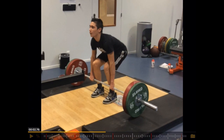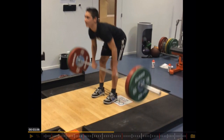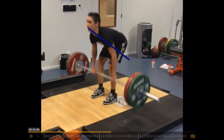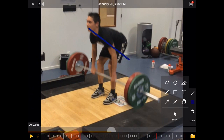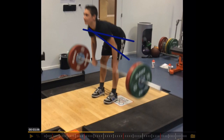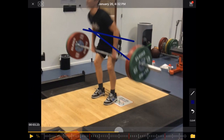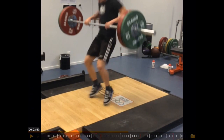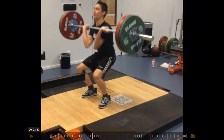Work on not shifting the hips up. So keeping in the first pull, make sure the back angle stays the same. Not shooting the hip up, so you can really see the difference here. Once you fix that, the rest will follow. Only working on having the arm straight. But then this jumping forward is just,